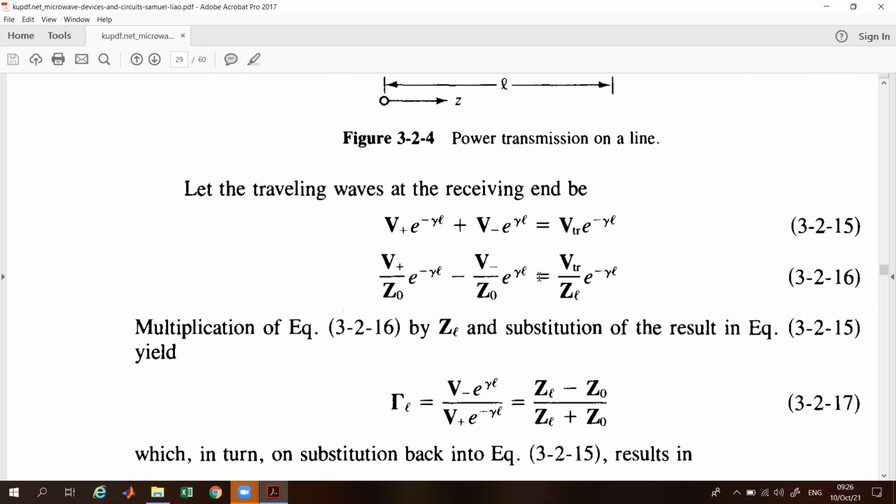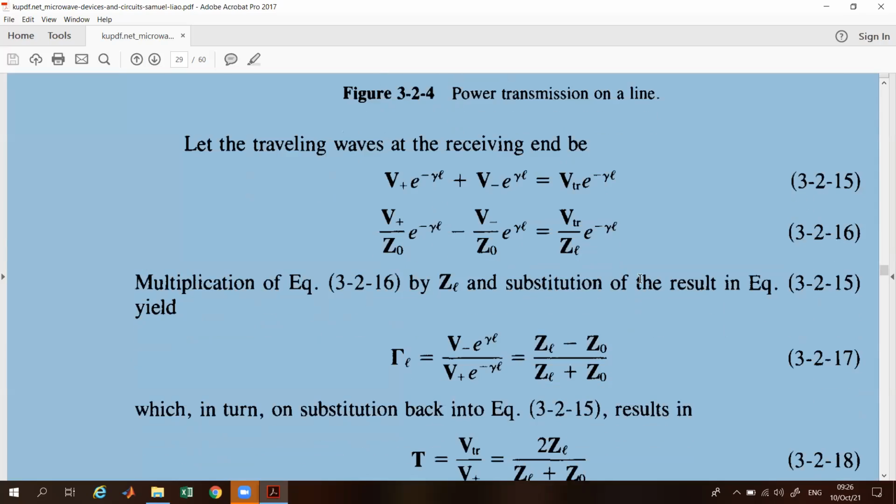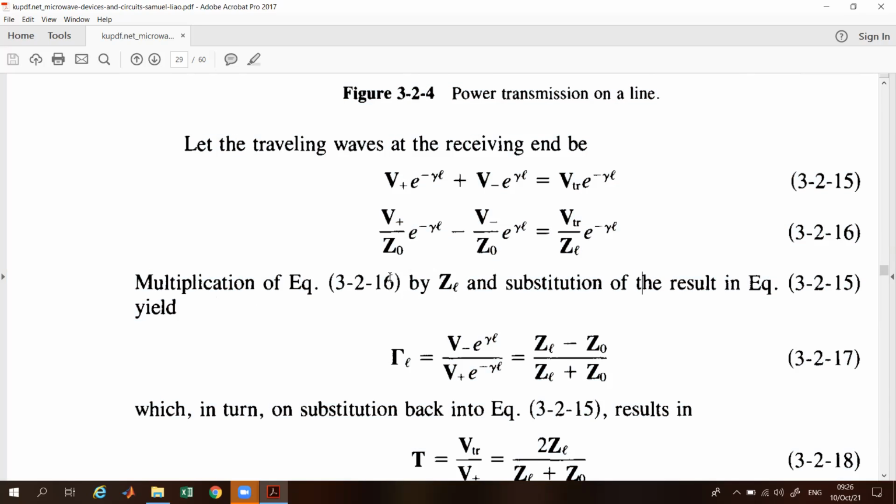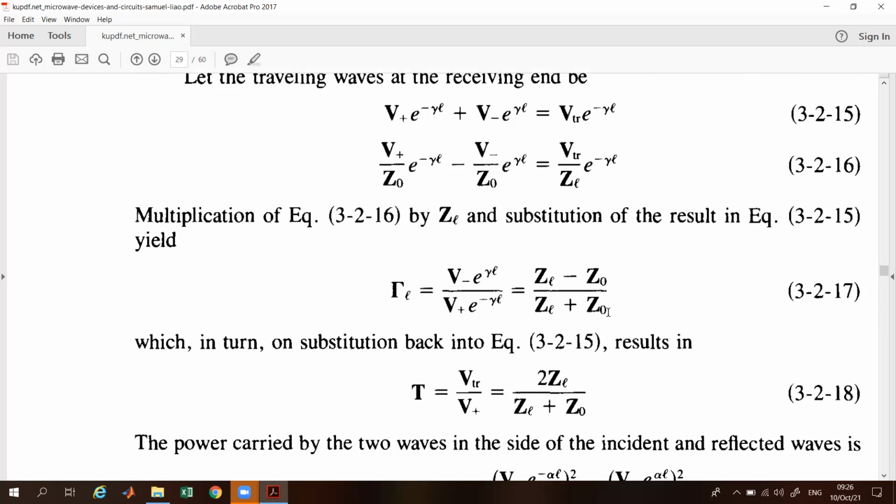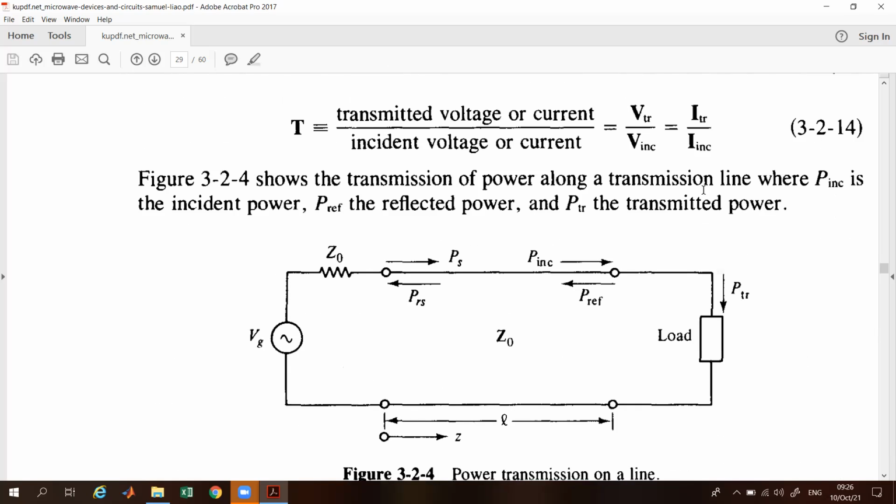If we divide this part by Z0, then at the receiving end it will be divided by the load impedance. And when we put these results in the relation of reflection coefficient at length L, we have ZL minus Z0 divided by ZL plus Z0, which we already did earlier. Now, if we want to put the same equation in this one,